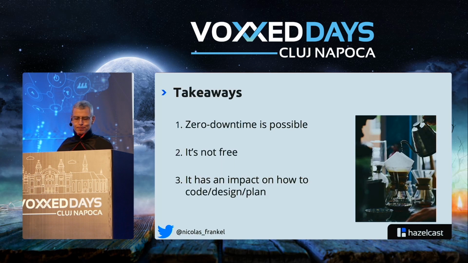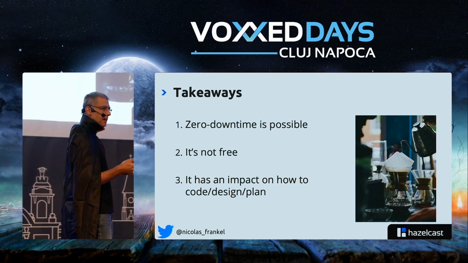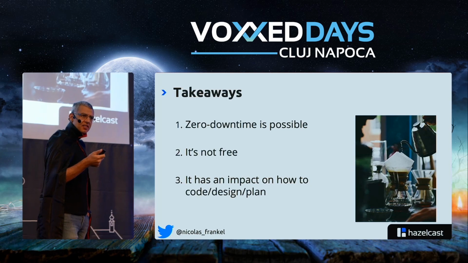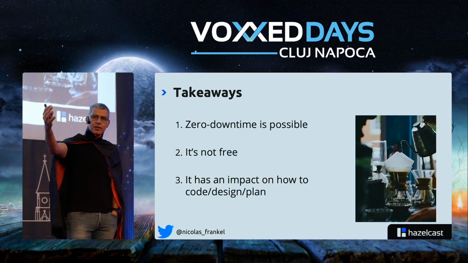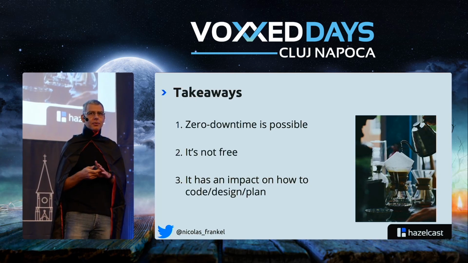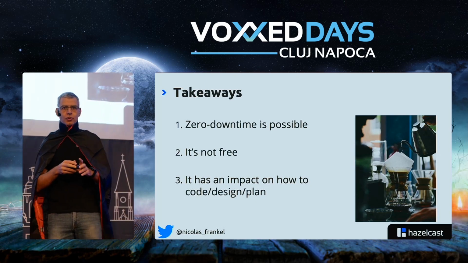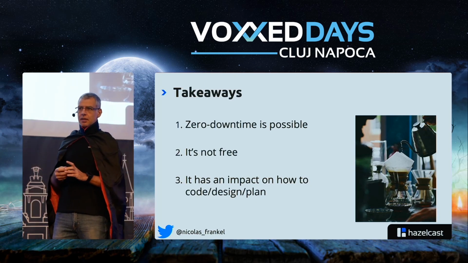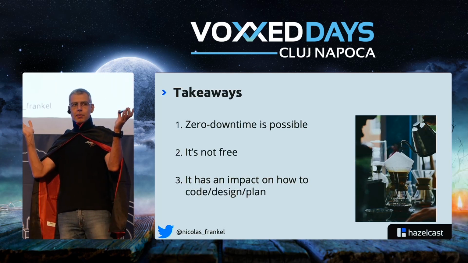So, conclusion. Zero downtime is possible. You can do it right now. There is no real roadblock that prevents you from doing it. It's not only Facebook or Google that can do it. You can do it in your own company. But don't listen to people who tell you to just use Kubernetes, or just use microservices, or just use Agile, or whatever new keyword will appear tomorrow, and everything will be fine.